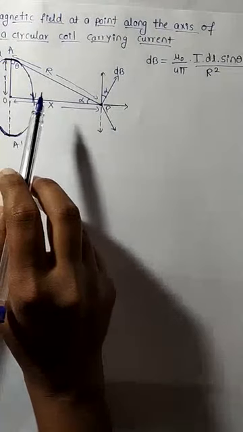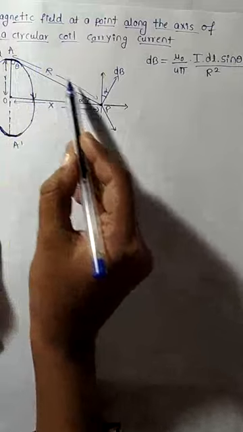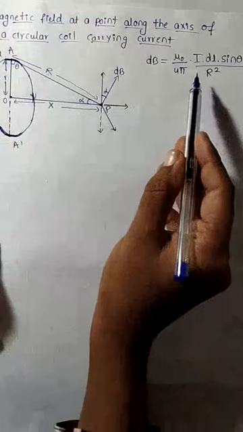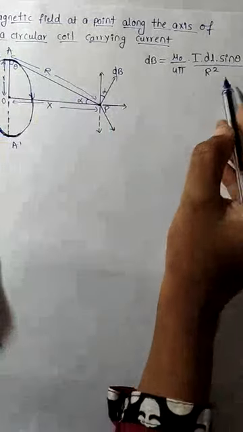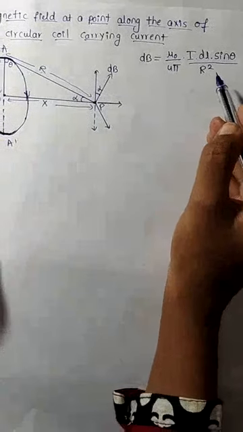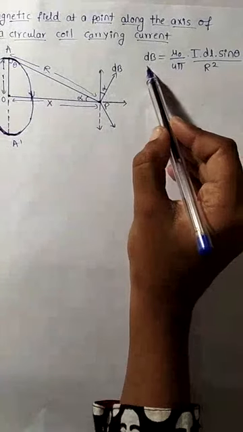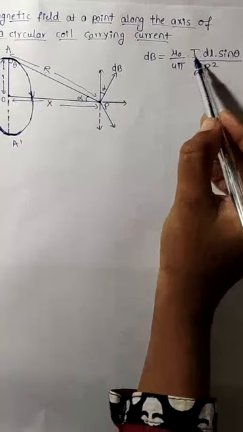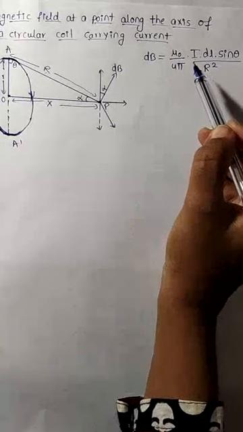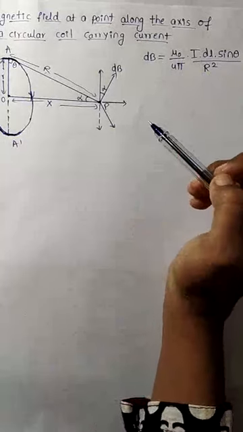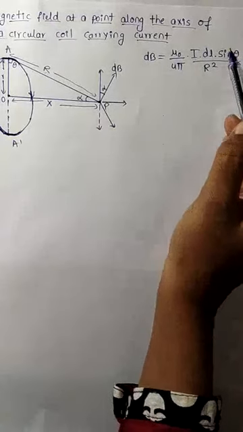So when we apply it, we want the sine of the angle. The angle is theta, and the magnetic field is inversely proportional to the square of the distance between the point and the current element, and that is nothing but R square. So by choosing like this, we found dB is equal to mu naught upon 4 pi, I dl sin theta divided by r square, just by applying the Biot-Savart law. But now we will find the angle, how much angle is there.